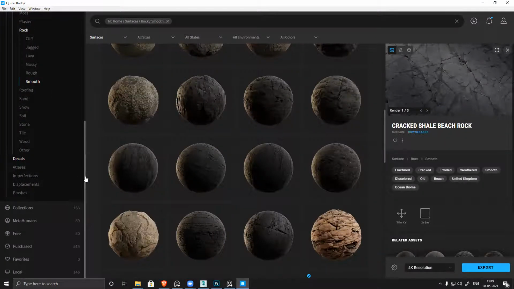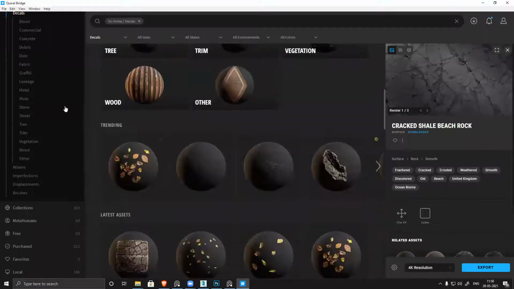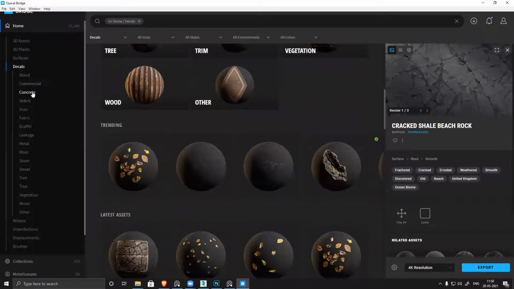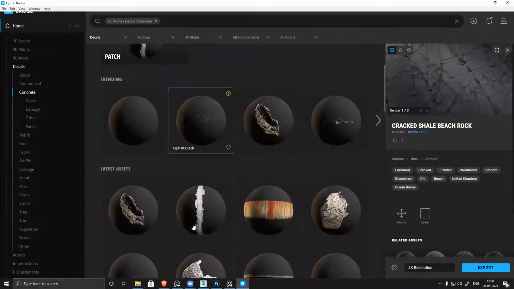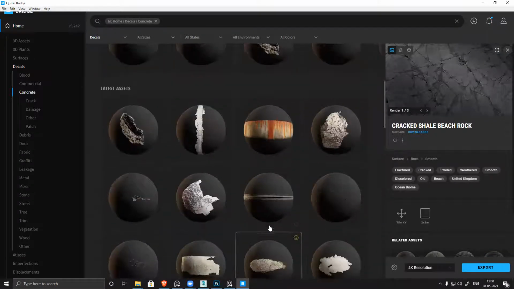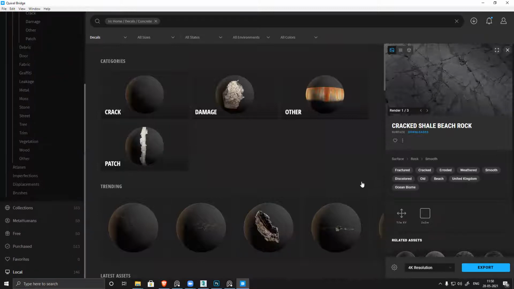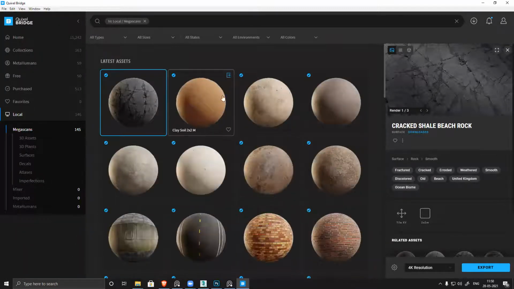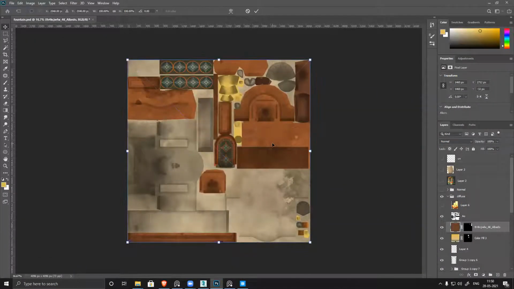There's one more thing, decals, where under decals, let's see, concrete, all those cracks and all. You can see I have all those textures. I can use them also, but as of now, I'm going to use my downloaded ones. This one, it looks kind of similar. 4K, 4K. Drag and drop here.